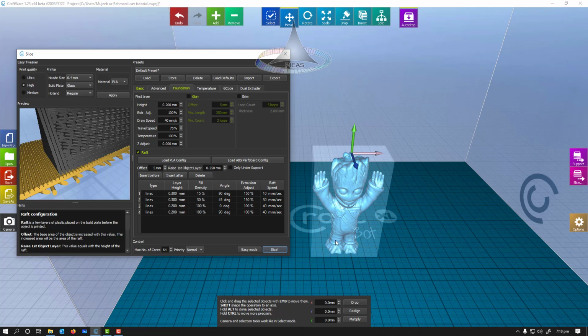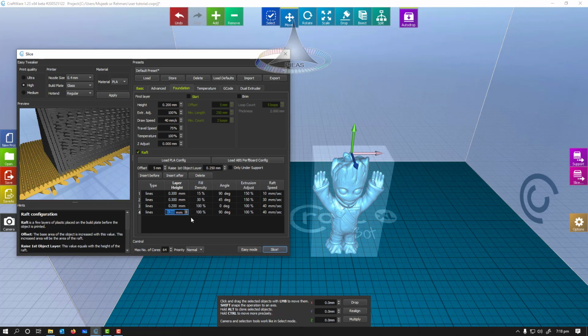The first layer will be offset by 5 mm around this baby Groot, and then it is going to print 4 layers above that profile or along that profile.